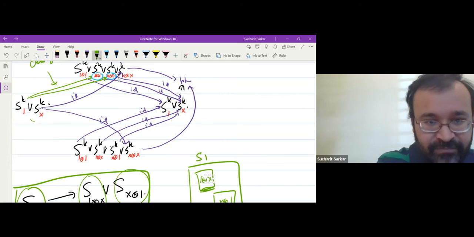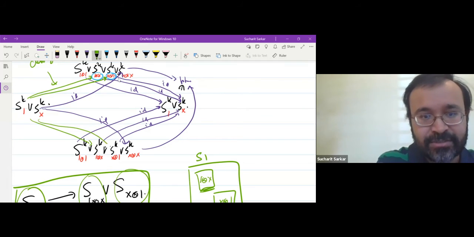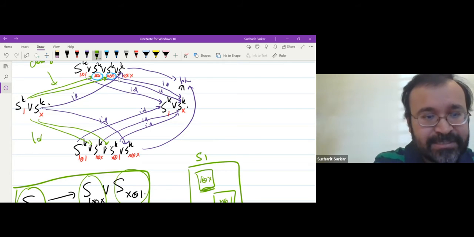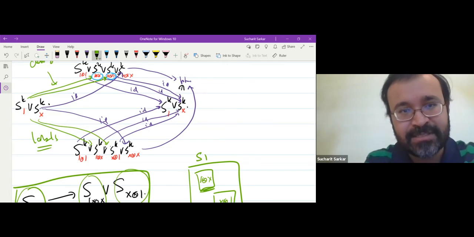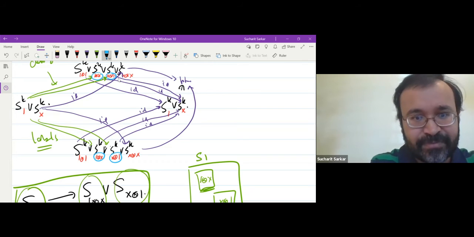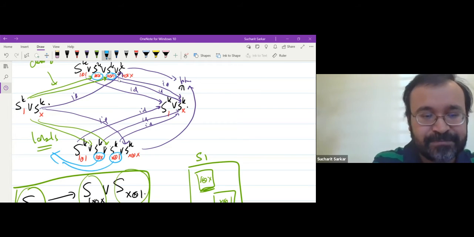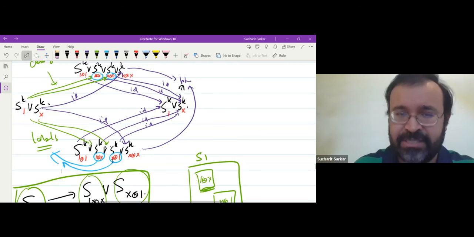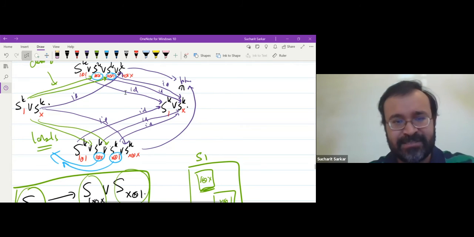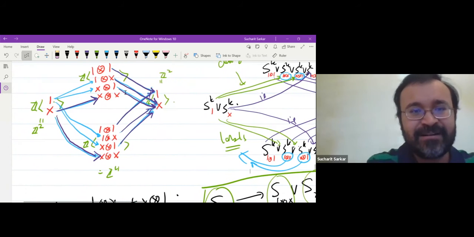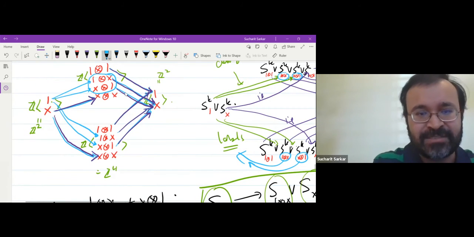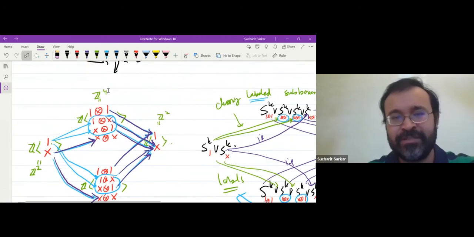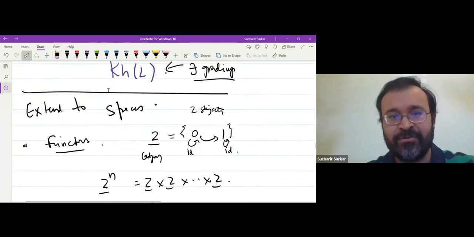Similarly, I could define this guy to a wedge of those two spheres, but now the labels are sort of these guys. Those are the labels. And now these labels have nothing to do with these labels. Because if you go all the way back, these are these two labels, while those are these two labels. So what were the two circles? If I go all the way back,